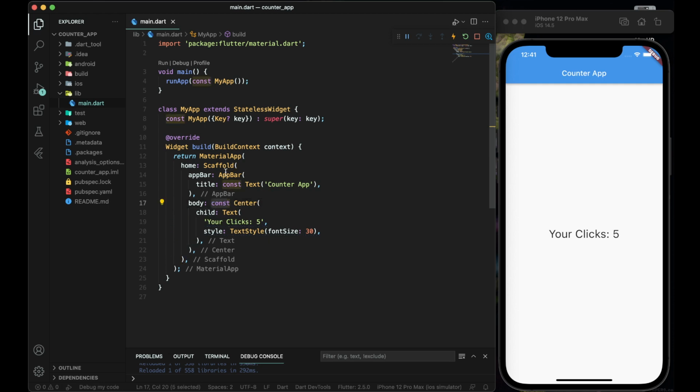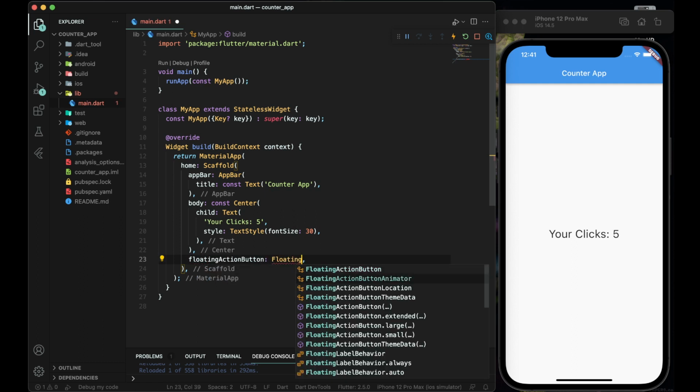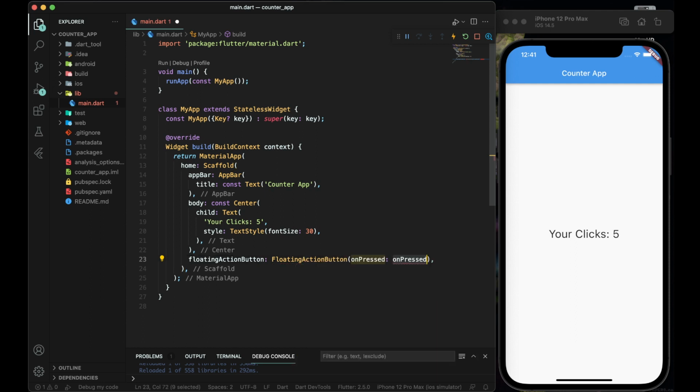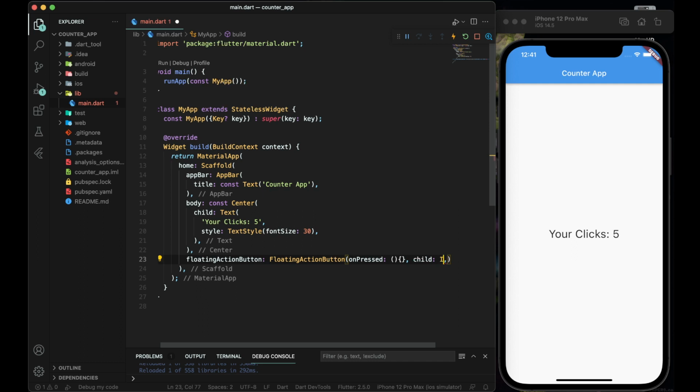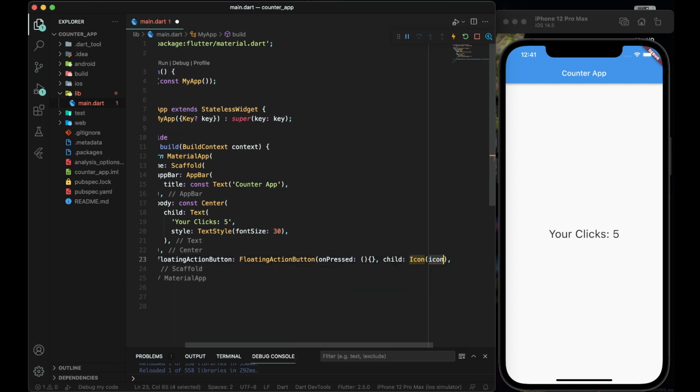Alright, now we can come down after the center because the body takes the parent widget of center. If we come outside the center, we are again just inside the scaffold, where we can pass a floating action button, which in turn takes a floating action button widget, which takes a required parameter onPressed. For now, we will just pass a first bracket and a second bracket to pass an empty function that does nothing. Also, if we press comma, we have a child parameter, where we can pass an icon widget, which